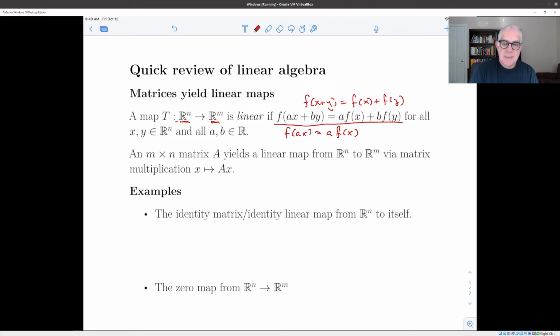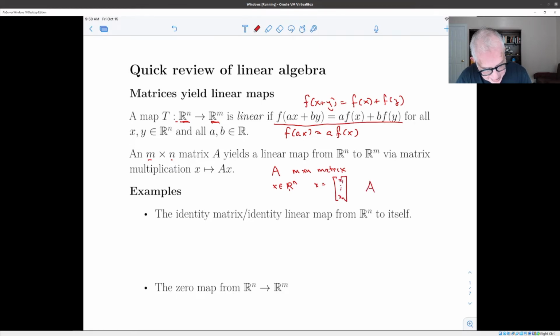Okay, now one way to visualize or make linear maps concrete is to think of them as matrices. And if you have a linear map from Rn to Rm, you can represent that as an m by n matrix. So notice that the m and the n are reversed. That's because I like to think of my vectors as column vectors. And so the way you do this is if you have an m by n matrix A, and you think of your element x in Rn as a column vector, which is how I always like to do it,